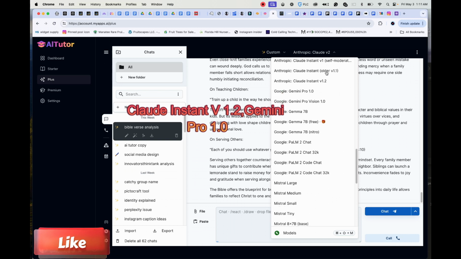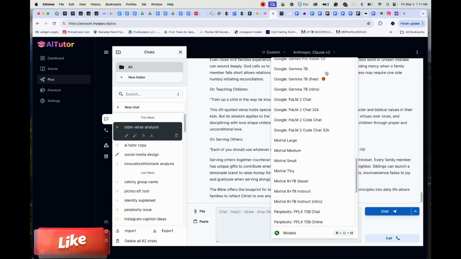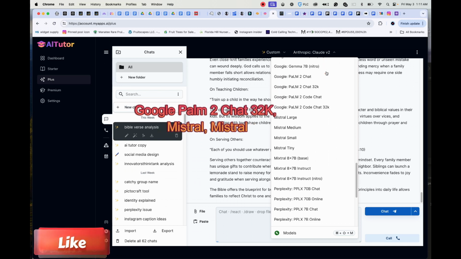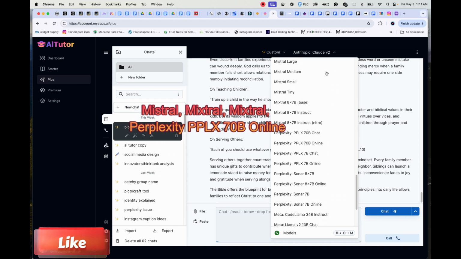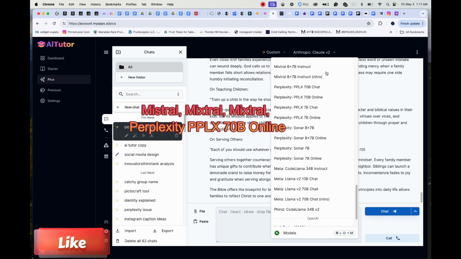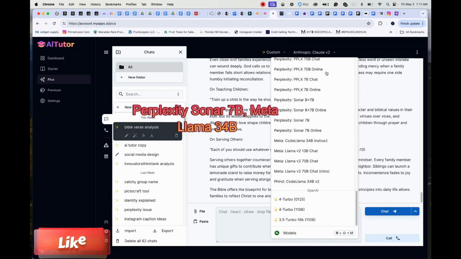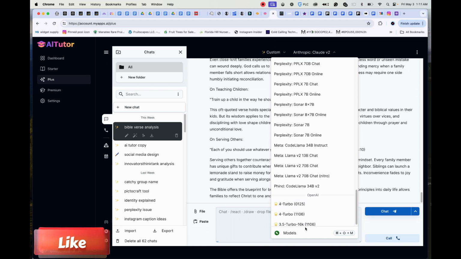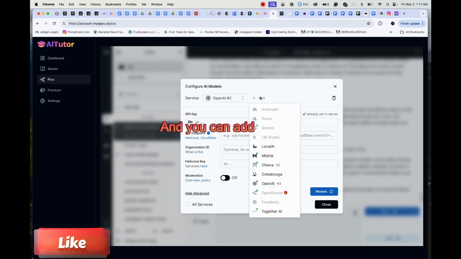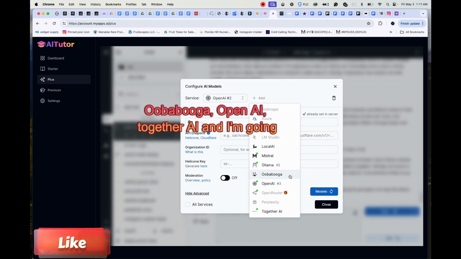V1.2, Gemini Pro 1.0, Gemini Pro Vision, Google Palm 2, Chat 32K, Mistral, Perplexity PPLX70B Online, Perplexity Sonar 7B, Metacode Llama 34B Instruct, and you can add a bunch of other ones, Local AI, Mistral, Llama, Opabuga, OpenAI, Together AI, and I'm going